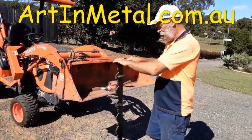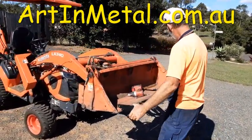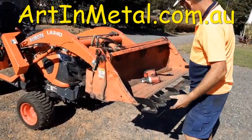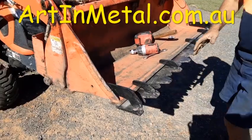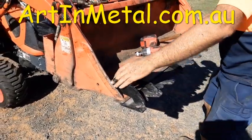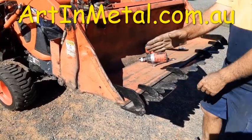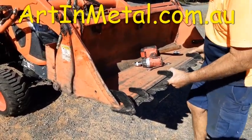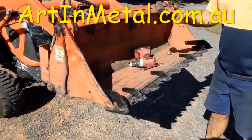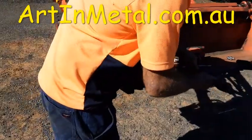So to install the tooth bar, firstly just bring it in and rest it on the lip. Now depending on how square your bucket is, you may need to bang these sides back in a bit, and depending on how square your front bucket edge is, just wrestle it in as far as you can go. Take your mallet, don't be afraid to give it some good bashes